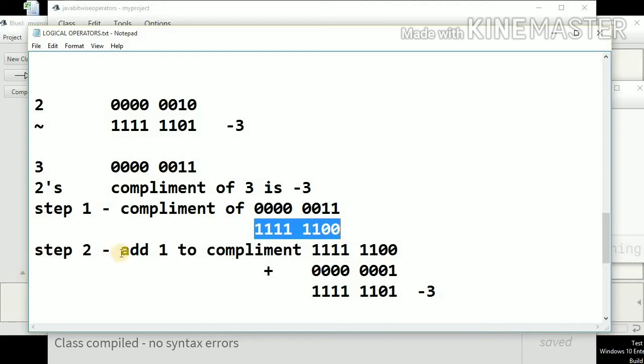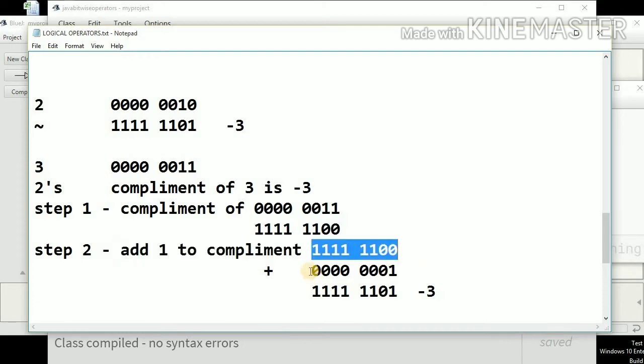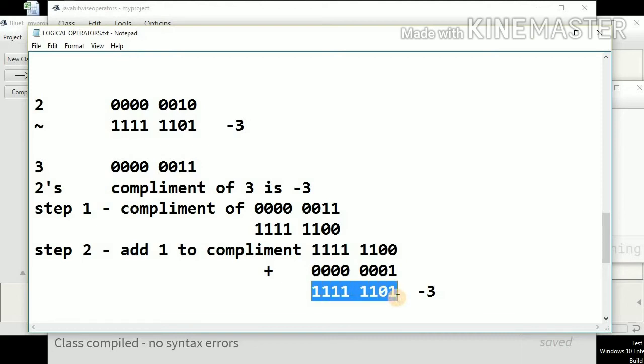Now the second step, in this complement value we will add a 1. So this is the resultant, and now this is equivalent to minus 3. This is how the complement of 2 is coming minus 3.